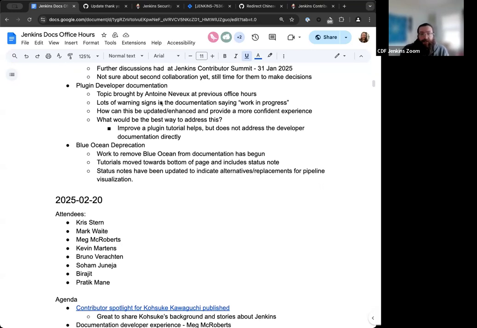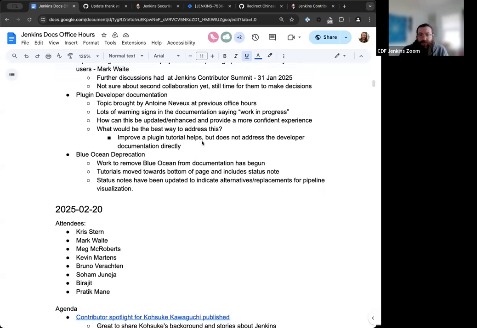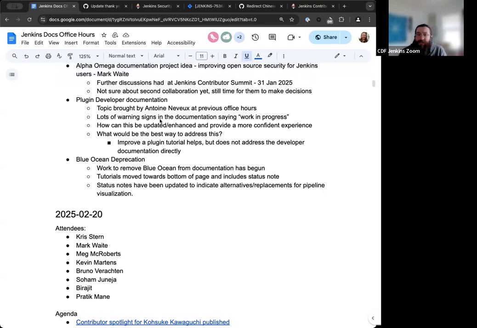So the plugin developer documentation. Similarly, the improving a plugin tutorial helps, but the plugin development documentation is more extensive and a lot more in depth. This was a topic that Antoine Neveu brought up at a previous Docs office hours. I'm going to be working with him a lot more closely in the coming months, so I'm hoping we can have a conversation around this and find a pathway to that.